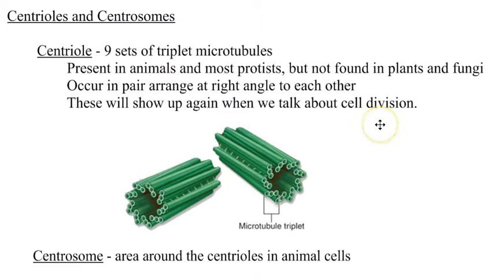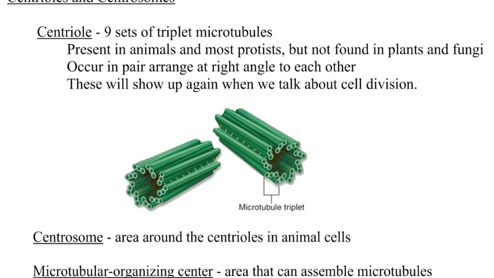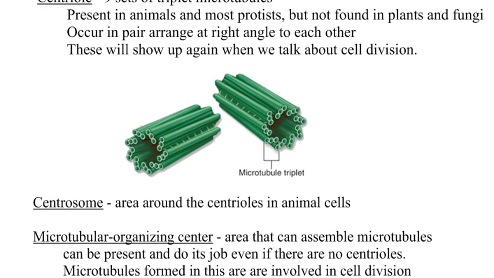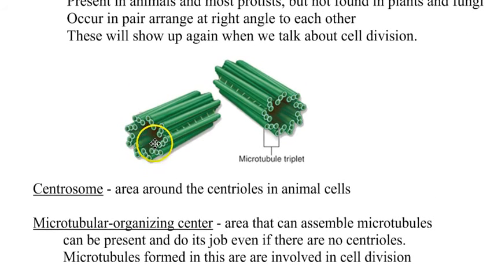Some structures that are composed of microtubules, we have one that's called a centriole. The centrioles are going to be found, we'll mainly talk about them being in animal cells and protists, but not found in plants or fungi, though we won't talk about fungi much. And you can see that a centriole is actually made up of triplets of these microtubules. So you can see we're going to have 9 triplets, 1, 2, 3, 4, 5, 6, 7, 8, 9 microtubule